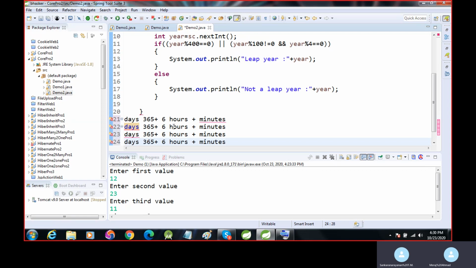So the leap year has 366 days, but some minutes are also remaining. After 400 years, it comes to 1 day.